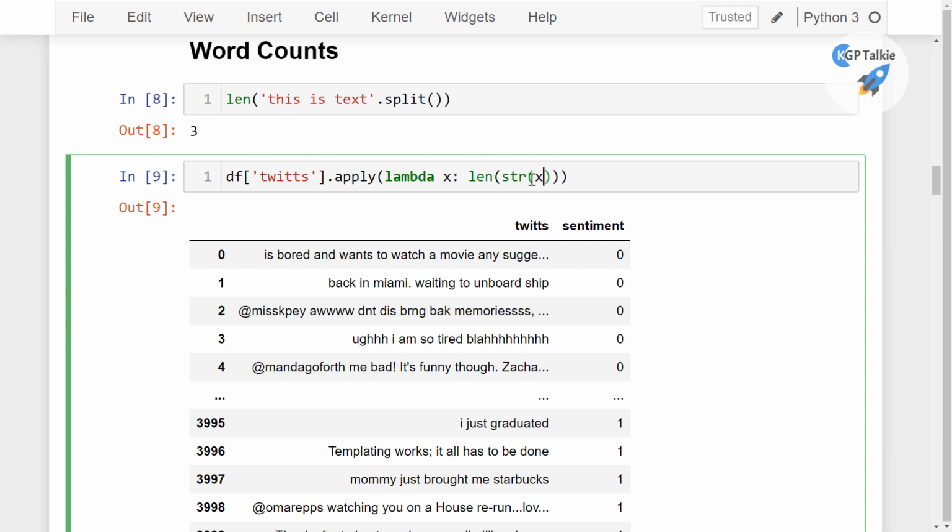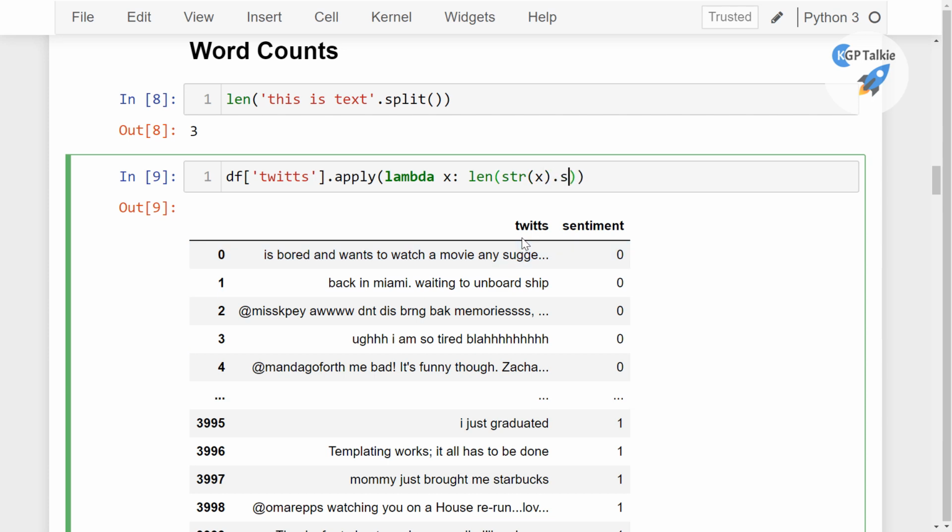So this is a string. Why am I doing a string? Because it seems all of these are strings, but you might get some tweets which have only integer values or non-string values. So I'm just making sure that all of these values are strings.